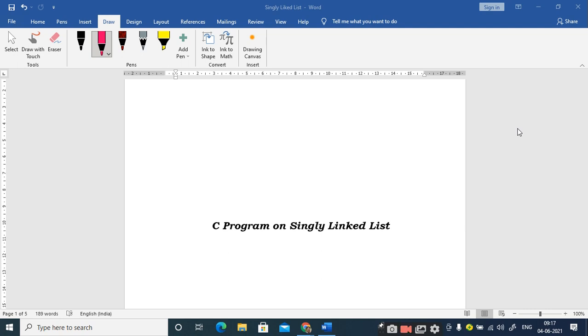And we went through the insertion part: how we can insert a new node as the first node in the singly linked list, how we can insert a new node as the last node, and how we are going to insert a new node in the required position, right? So in today's session we are going to discuss the deletion part.